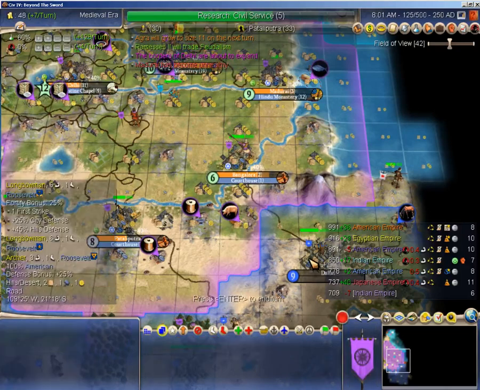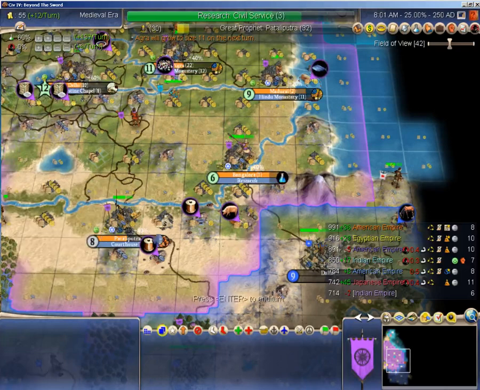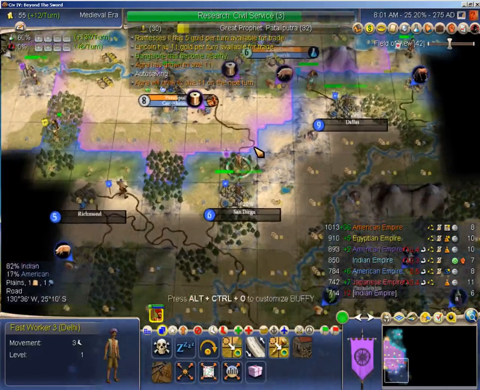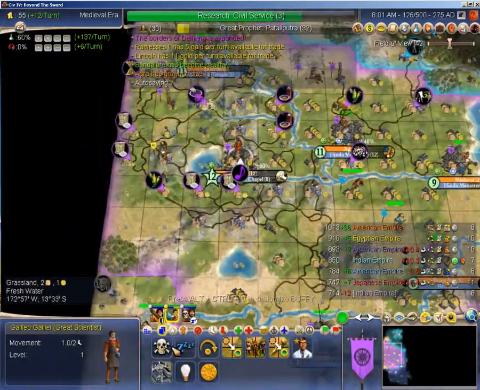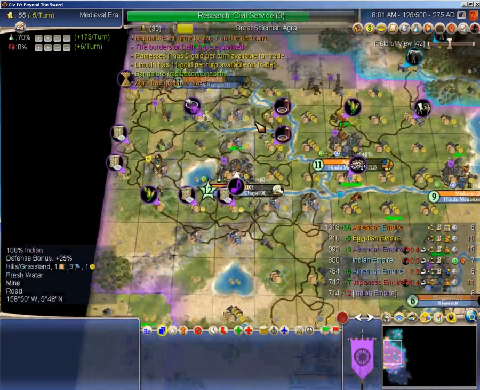So you can just whip and... Yeah, we're doing pretty good on culture here. In fact, I think I'm beating him. Yeah. And I'm going to have support for multiple cities, so... whatevs. Chop. And we'll just go ahead and...